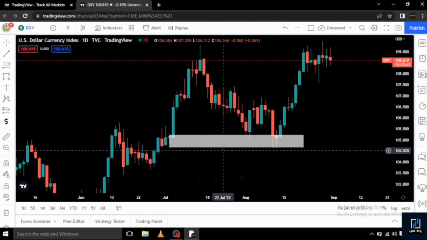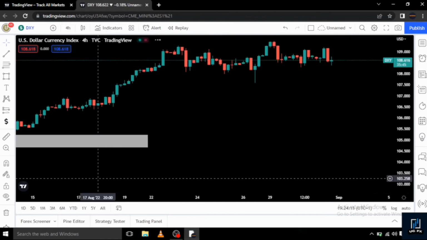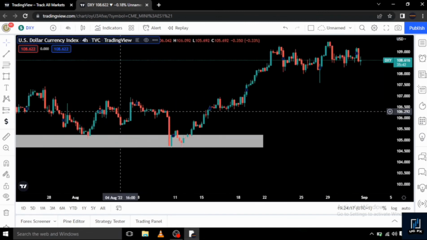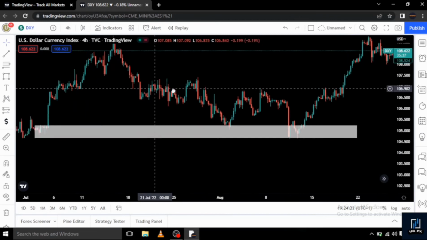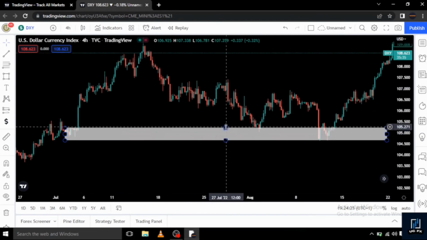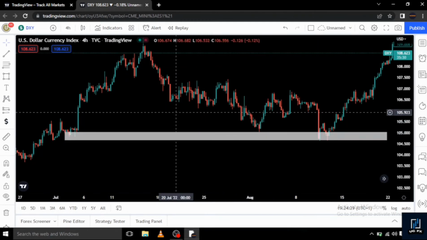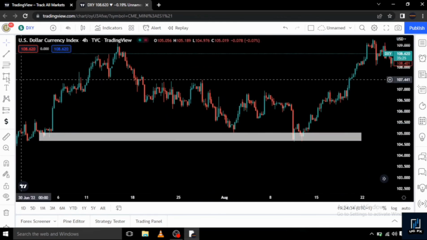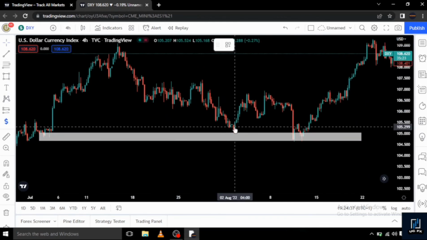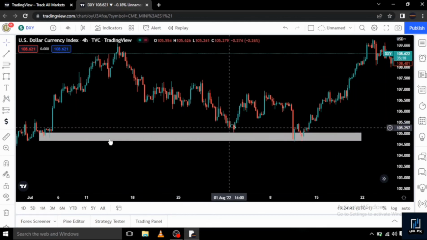So where is our liquidity? Let's go down to the H4 time frame. So here on the H4 time frame, this is actually our liquidity. Let me drag this a little bit down. So here is our liquidity in form of equal lows, or relatively equal lows. So we had liquidity here that was actually taken out, because most traders actually took their buys, probably seeing that price tapped into this order block, but price didn't actually